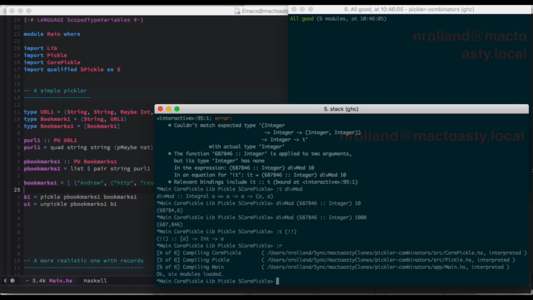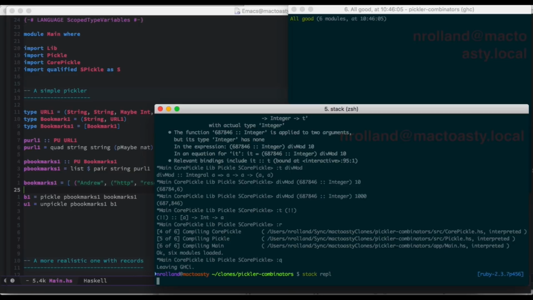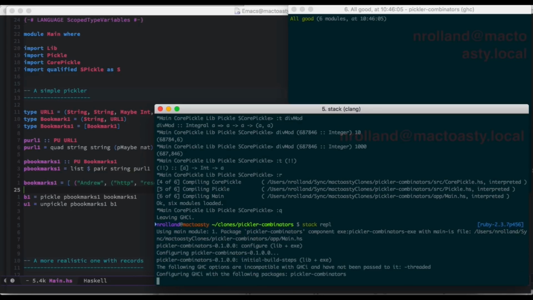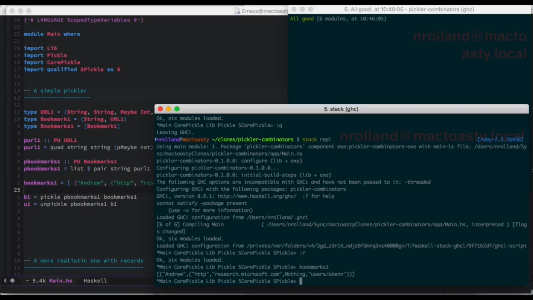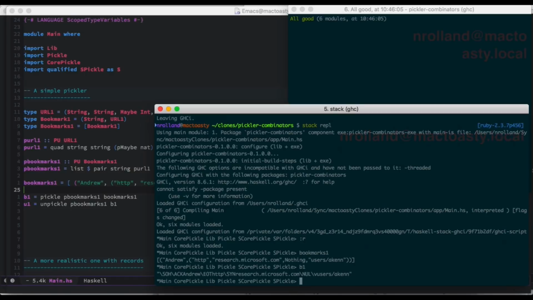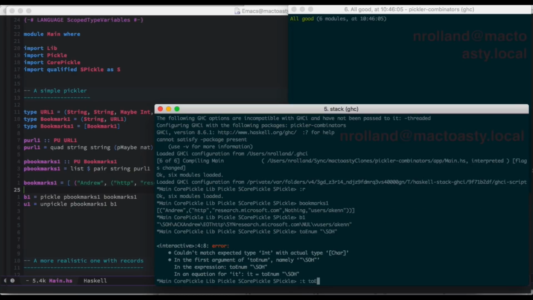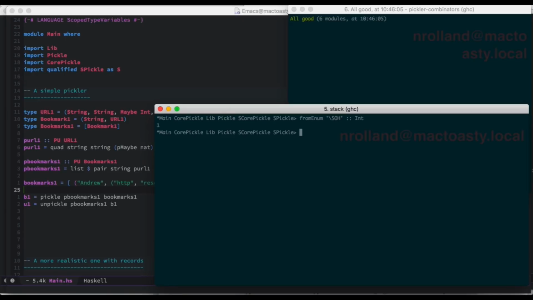So here I'm using stack ghci. It's a very useful tool. I can reload, or I can exit and come back. It's already loaded, and I can look at what's inside of bookmark 1. We have this value. I can of course pickle it, and so I will get back a string of characters, and those characters like /SOH actually is the value 1. When you look at from enum, it's the value 1. And so when we have B1, it's actually 1, 6, Andrew, etc. So we have this stream of characters,